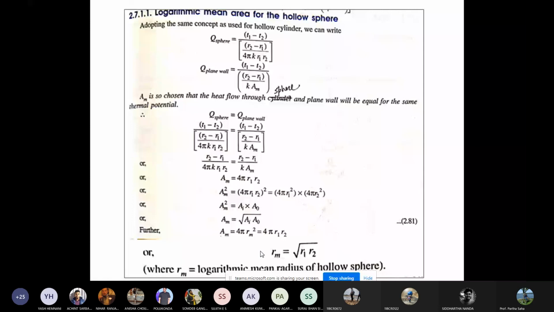Then heat conduction through a composite sphere. We considered heat conduction through a composite cylinder, so let us consider a composite sphere. You can see this figure. There is a hot fluid flowing inside, and a cold fluid outside. The radii are given as R1, R2, and R3, and the temperatures as T1, T2, and T3. Similarly, we can write the expression Q = hf 4πR1² (Thf − T1), where Thf is the hot fluid temperature inside. Then 4πKa R1R2 (T1 − T2)/(R2 − R1) is equal to 4πKb R2R3 (T2 − T3)/(R3 − R2). Finally, hcf 4πR3² (T3 − Tcf).